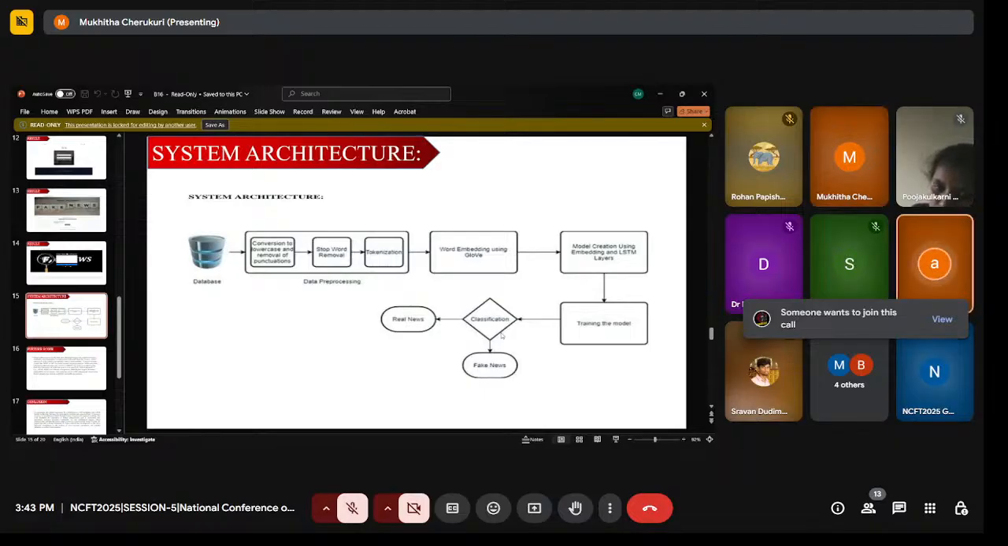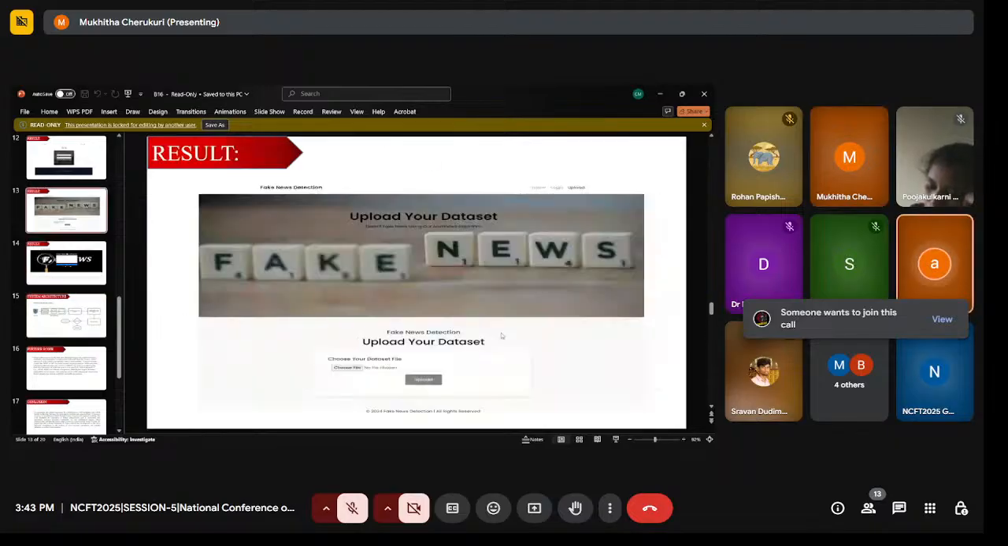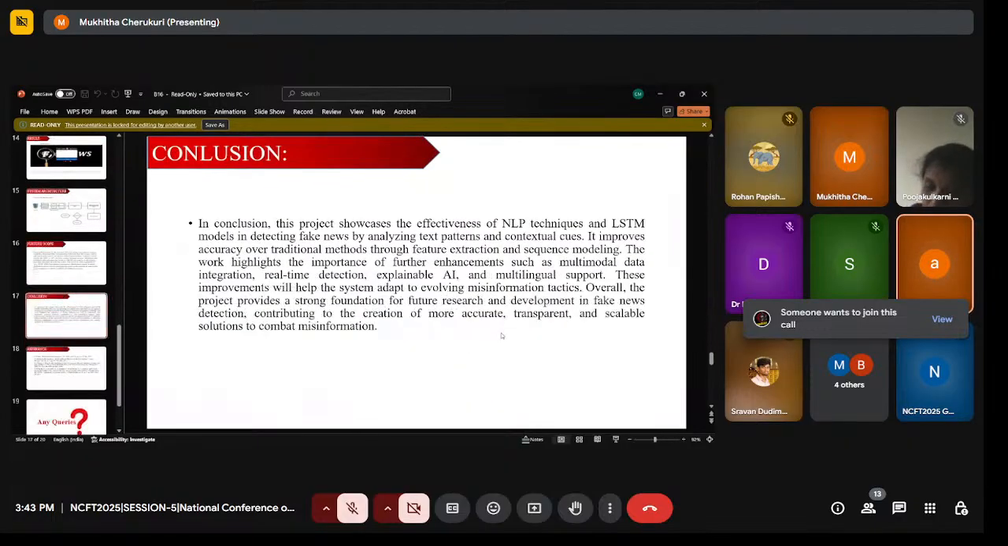So as per the result given by the LIAR dataset, it demonstrates the performance of the existing CNN and LSTM. So in the conclusion, we show the effectiveness of NLP technologies, which are LSTM and bidirectional LSTM,